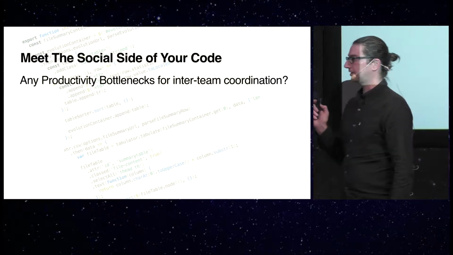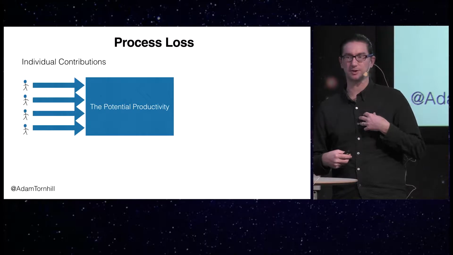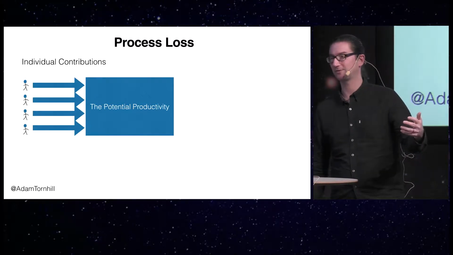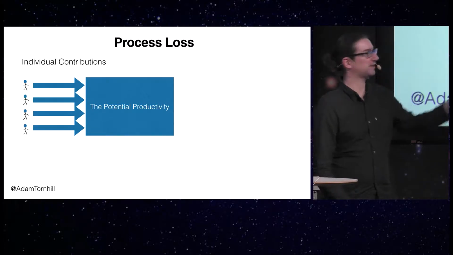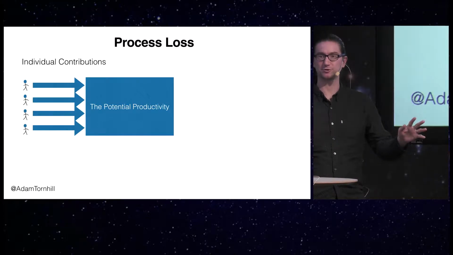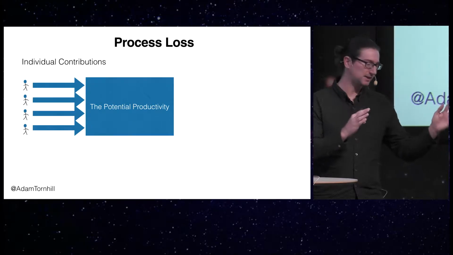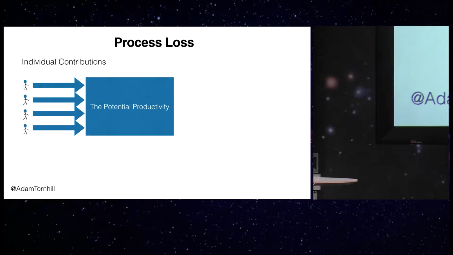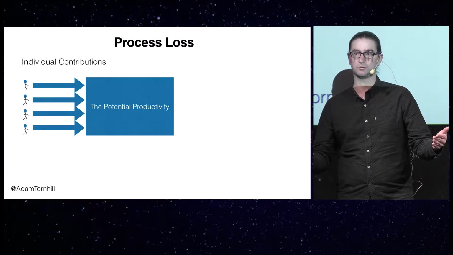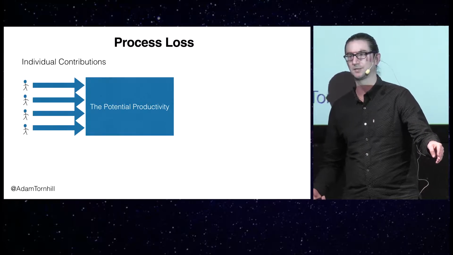So I want to talk about something called process loss. And process loss is a concept from social psychology. Those of you who know me, you know I have my degree in psychology. It's like my big interest. And this is one of the things that I got truly interested in. It's a concept from social psychology, but the social psychologists have stolen the concept from the field of mechanics. And the idea here is that just like a mechanical machine can't operate at 100% efficiency all the time due to things like friction and heat loss, neither can a team.